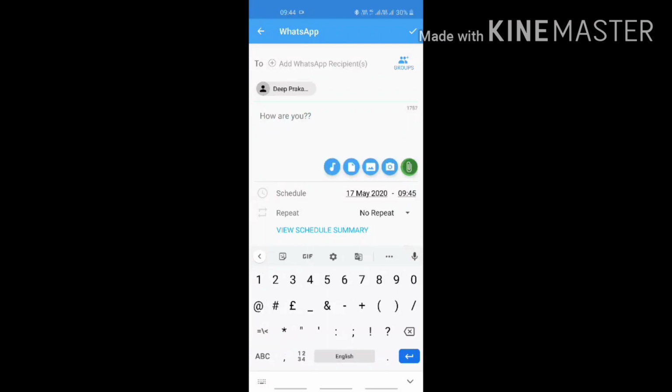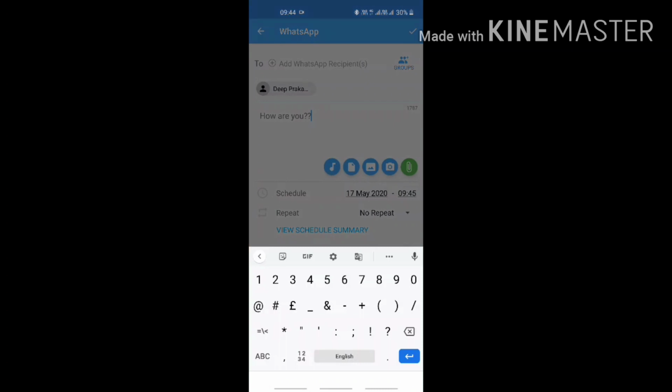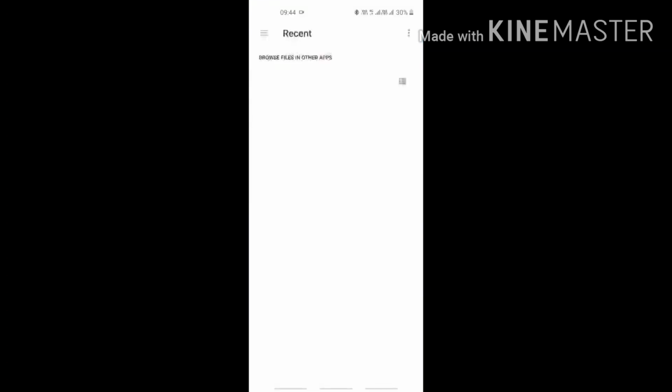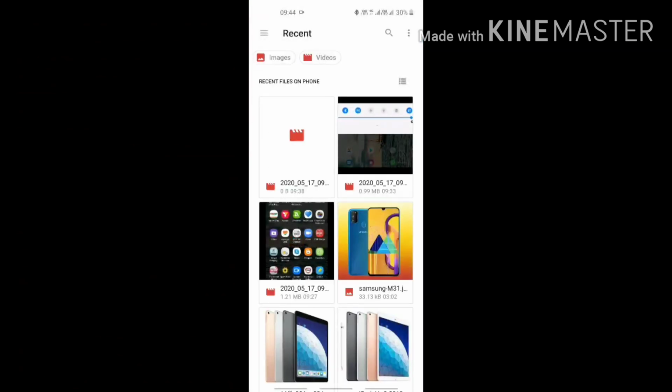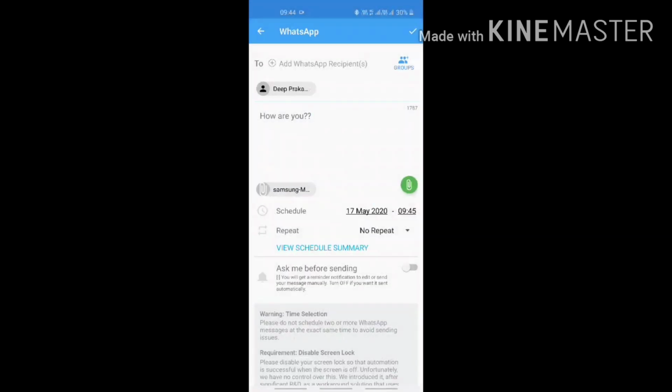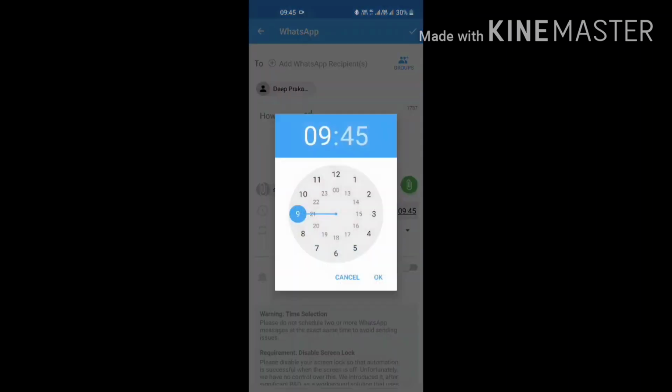And if I want to attach some picture, like any of my pictures, this picture. Then there is another option, schedule: 17th May 2020, today's date, and now the time is 9:45. I am scheduling it for 9:47. I want to send him a message at 9:47 a.m. today. Okay.